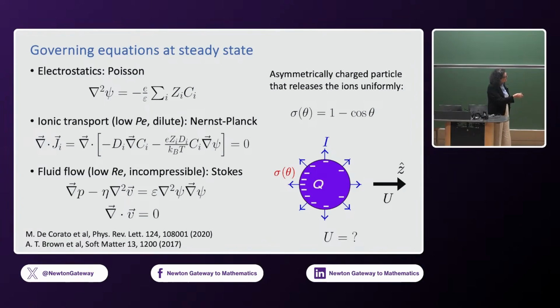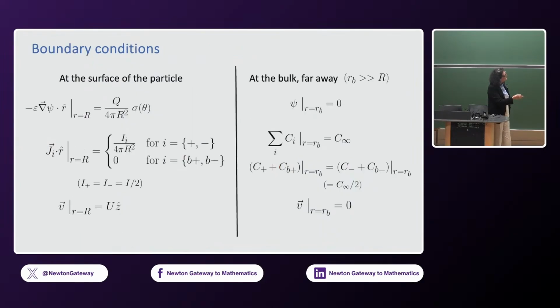So now you put a simple parameter to describe the charge, and you have all the boundary conditions at the surface and the fluxes at the interface, and the velocity will be U_z in this case,